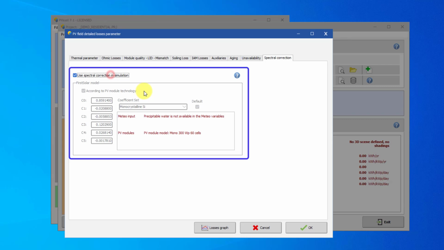The cadmium telluride correction model is the responsibility of First Solar. PVsyst cannot give any warranty regarding the calculations with this model. For amorphous modules, a parametric spectral correction has been proposed by the CREST and has been used for 15 years. This is part of the PVsyst model and has been checked experimentally at the University of Geneva.